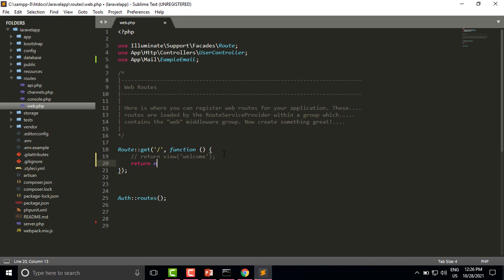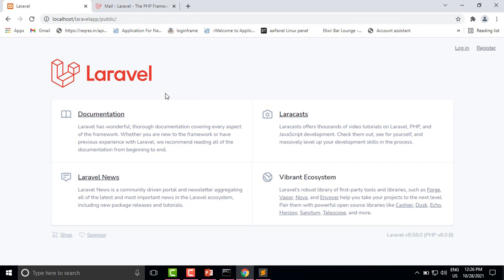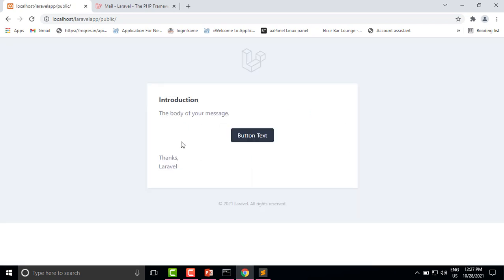Return new ExampleEmail. Save this file. So let's refresh this page. Now you can see we are getting this email template.